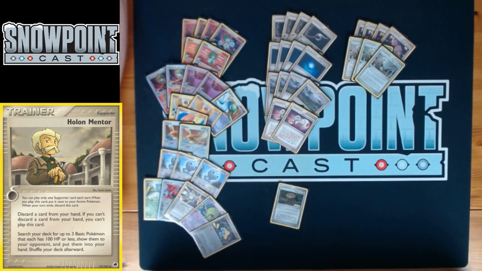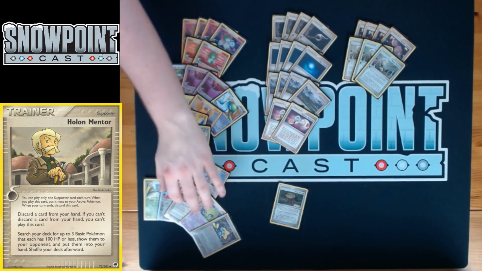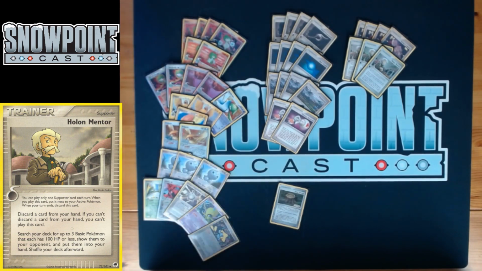Show them to your opponent, put in your hand. So that searches for all your basics: Ralts, Pidgey, Castform, Scyther, these 3. Just staple support. Like I was saying, Holon Transceiver can also grab this. So you have 7 outs to hit a really good basic search on turn 1, which means the deck is